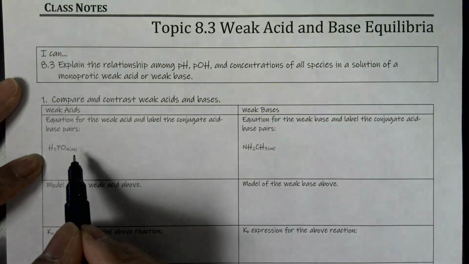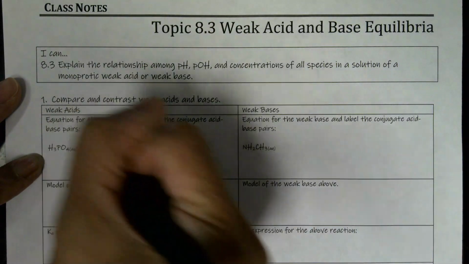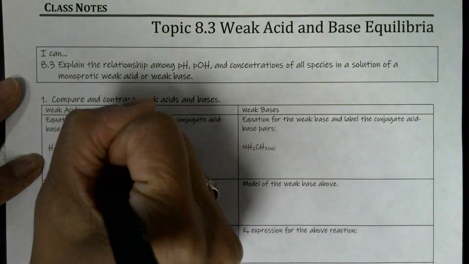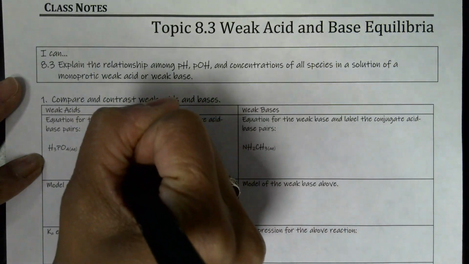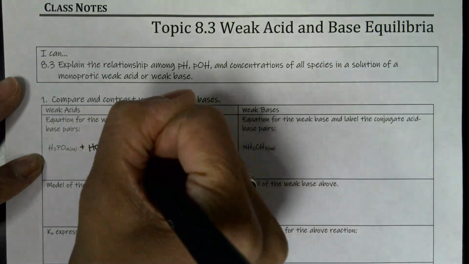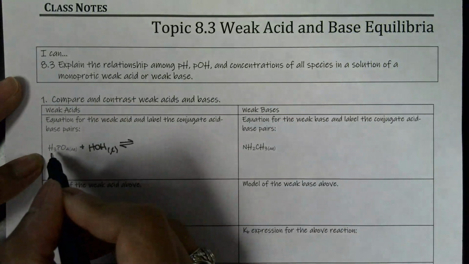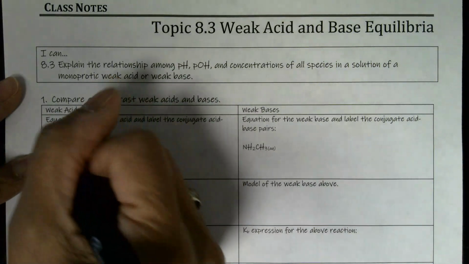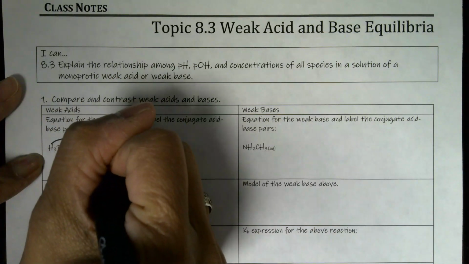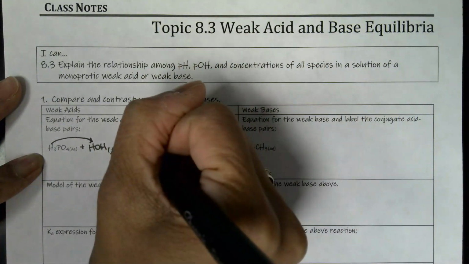So with this, we have H3PO4 aqueous. We're going to add water to it. Anytime I use water or talk about water in this unit, I'm just going to write it as HOH. It's in liquid state. And this is in equilibrium with the products. So since H3PO4 is a weak acid, or an acid rather, it's going to donate its H plus right over here to that water, resulting in